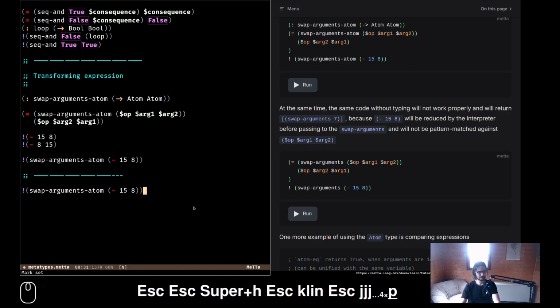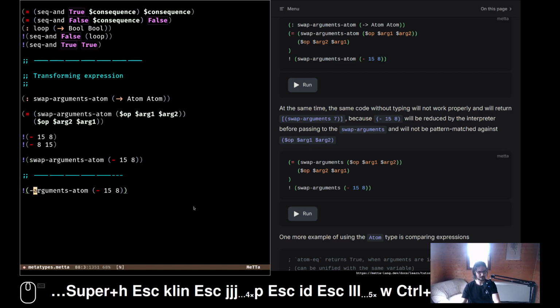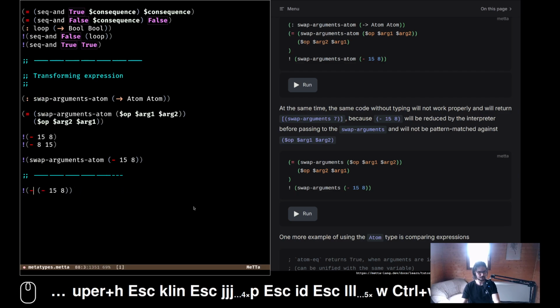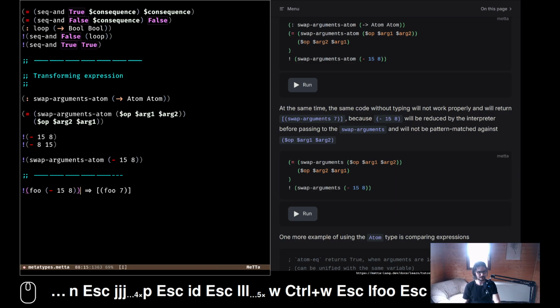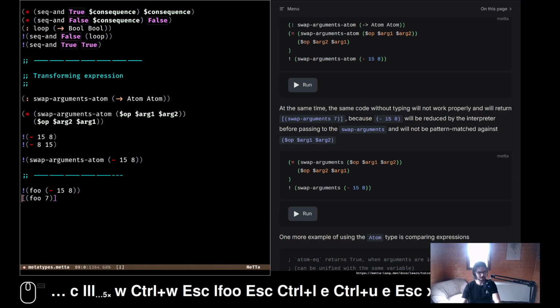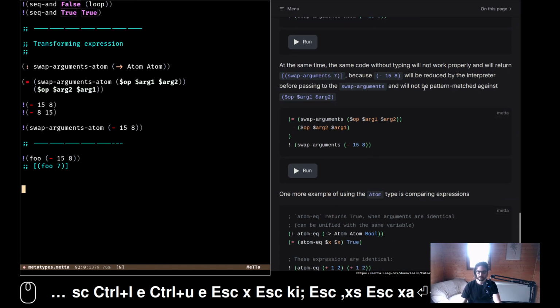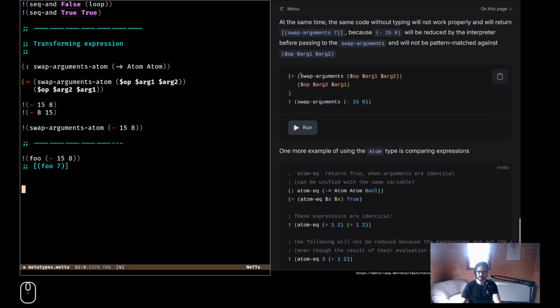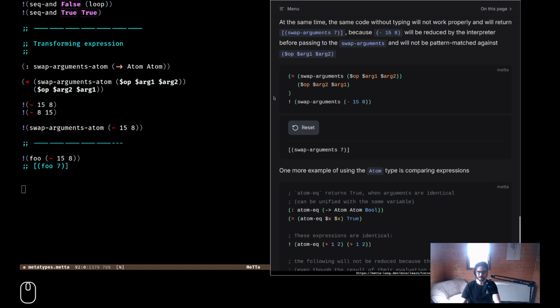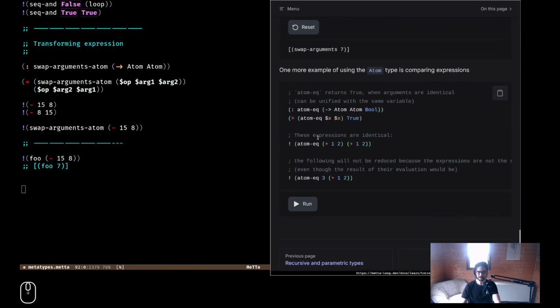It's like if I would say here foo, this should be foo 7. Swap arguments, op arg1, arg2, arg2, arg1. So that is without typing.